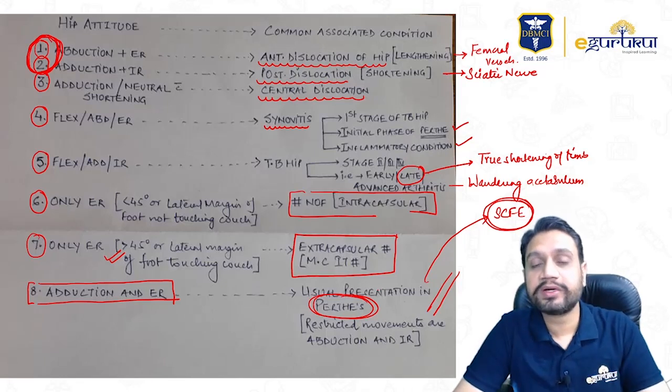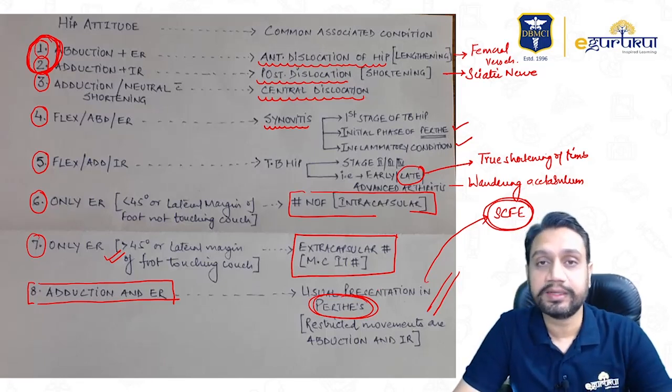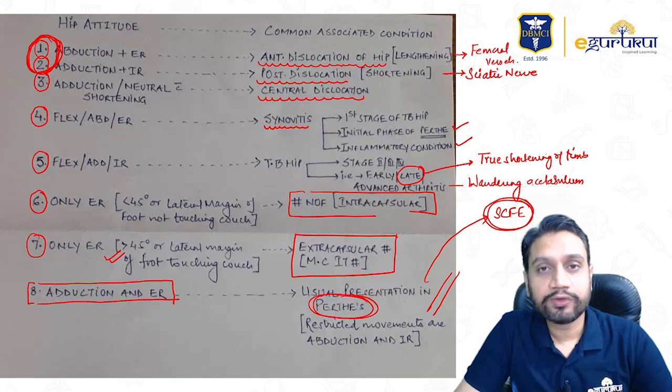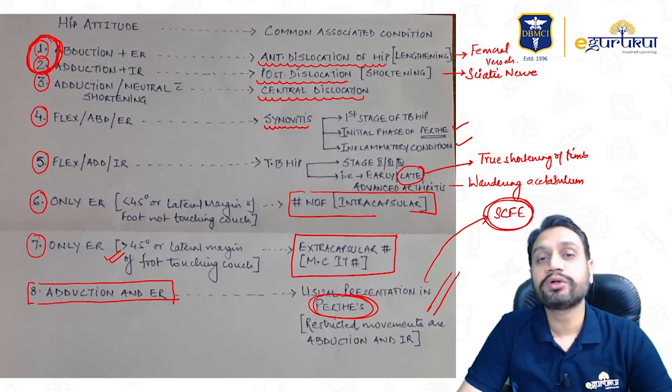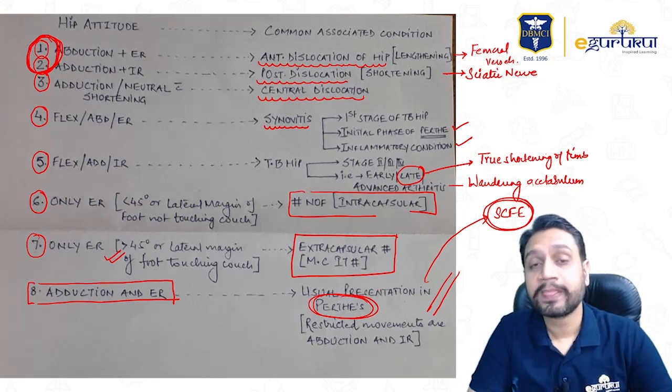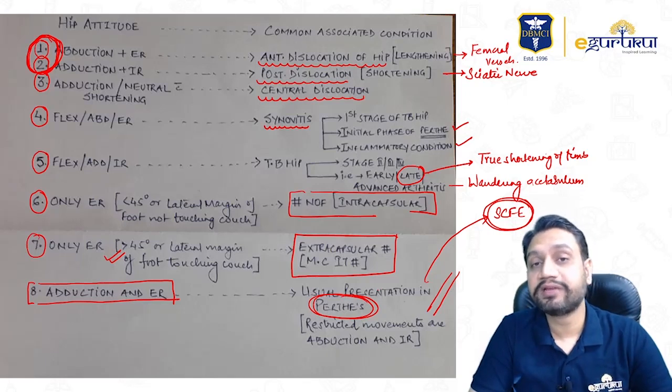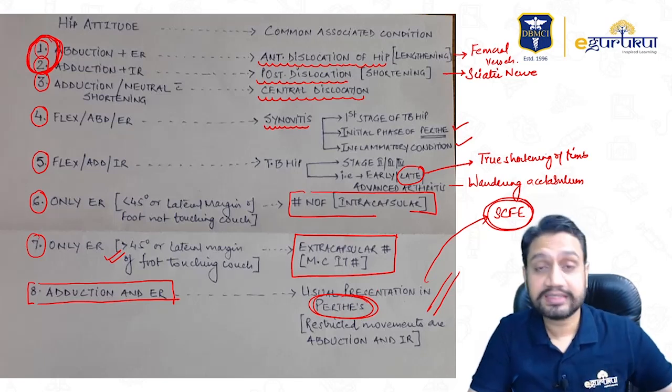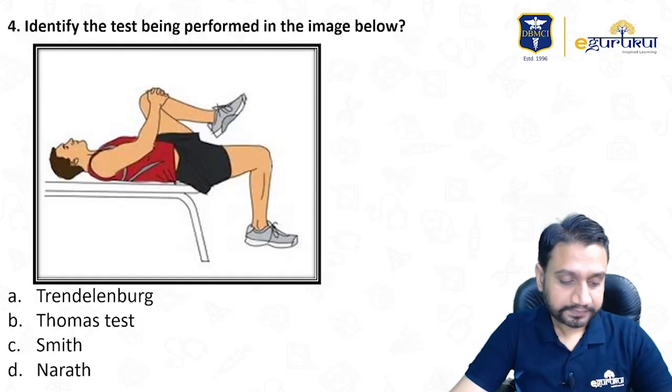So in this particular table, I have just mentioned the attitude of the hip, so you can very easily recall all the conditions, because most of the time they will give you a hint by means of the attitude of the hip only. So please be very vigilant while you see these attitudes in the images being given. In previous years, you might have seen questions asking you the movements of the hip, internal rotation, external rotation, and these are the attitudes that you must remember. Okay, let's move on to the next one.